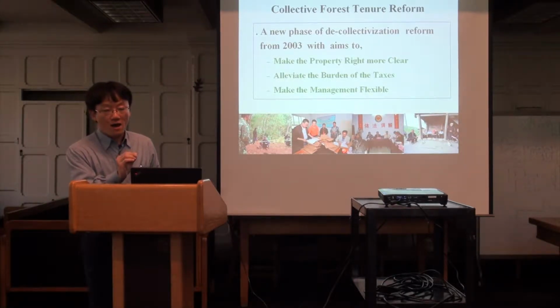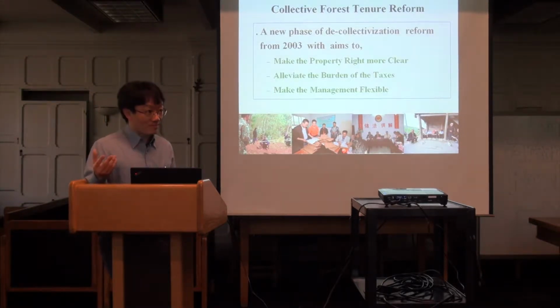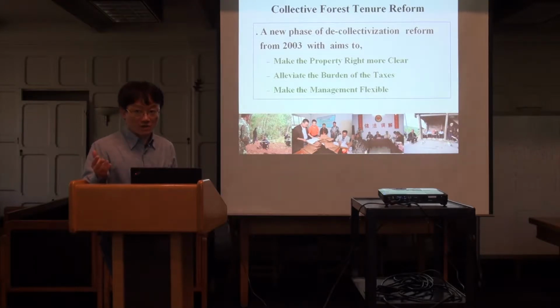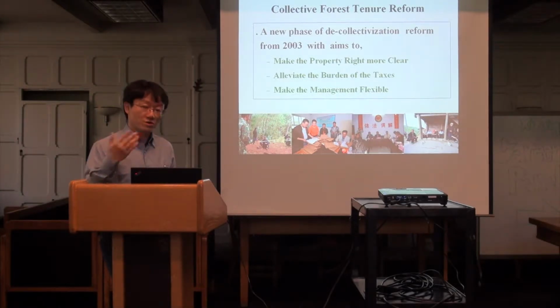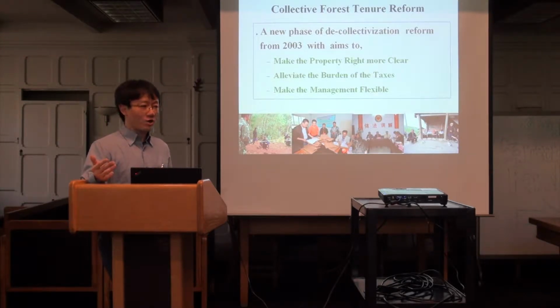The collective forest is regarded as public property right, and public property right is usually regarded as lacking efficiency. You may know the very famous theory of Hardin, the tragedy of the commons, exactly about the lack of efficiency of commons. So in China, we initiated such a reform, trying to transform the collective property right into private property right. But it is impossible for ownership, so the transformation mainly focuses on the use right.